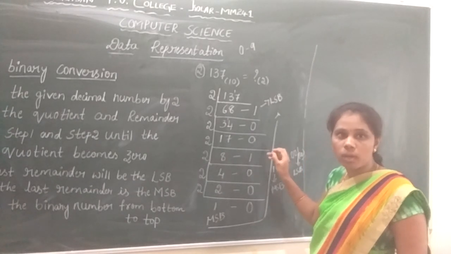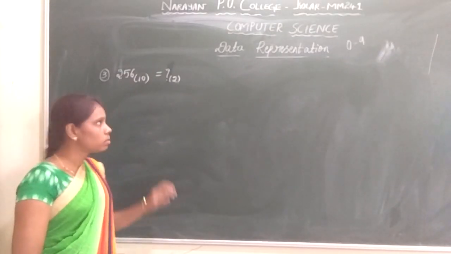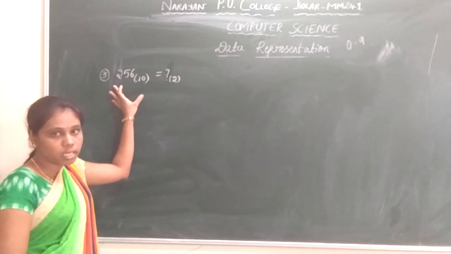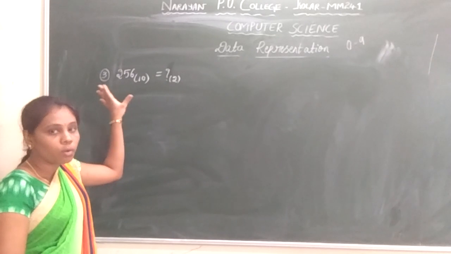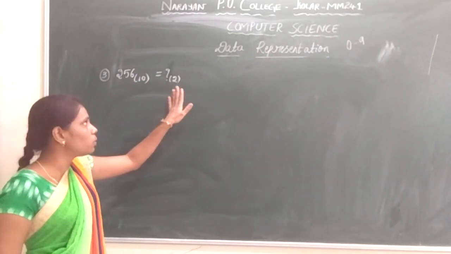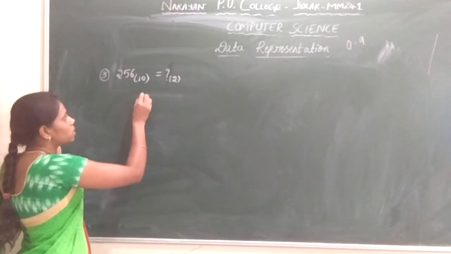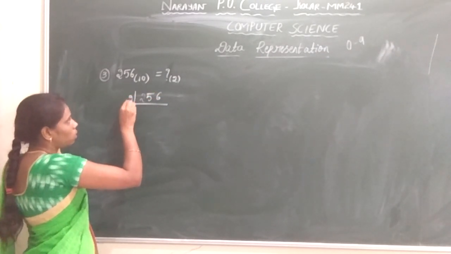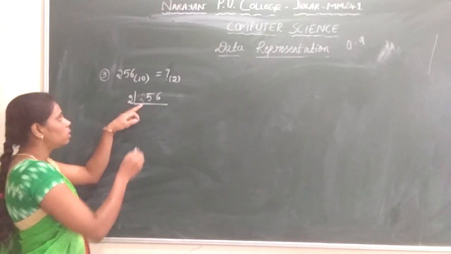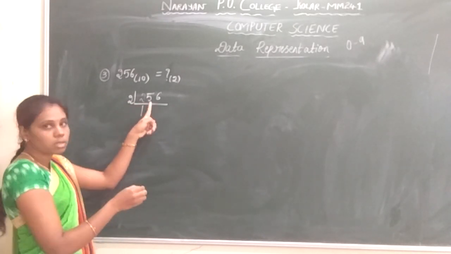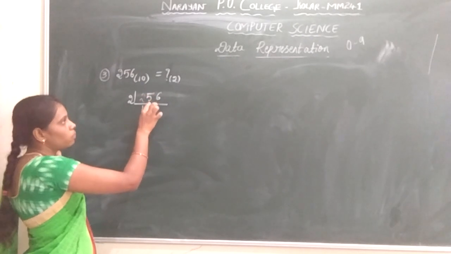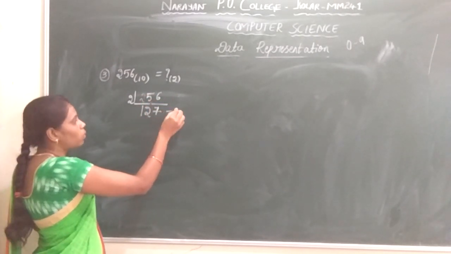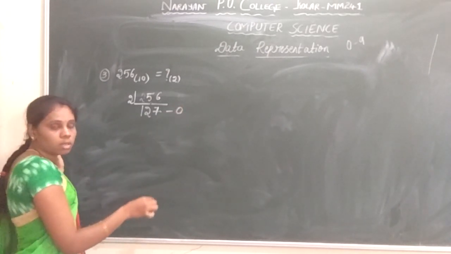Now we will see one more example for this. Another example, that is 256. This is a decimal value. We need to convert this decimal value to a binary value. What is the first step? You need to divide this decimal number by 2. So now I divide. 2 1s are 2. Next 2 2s are 4. What is left out? 1. So it will become 16. 2 7s are 16. The left out value is 0.